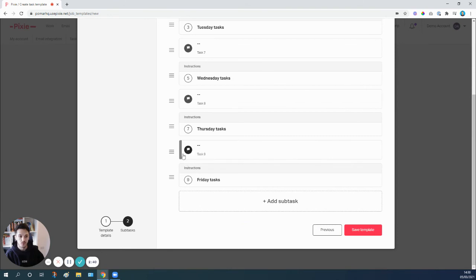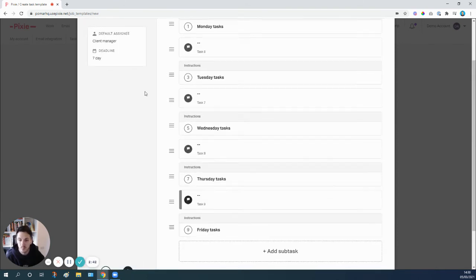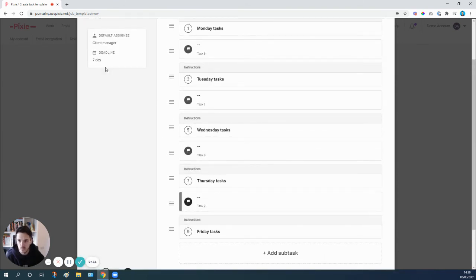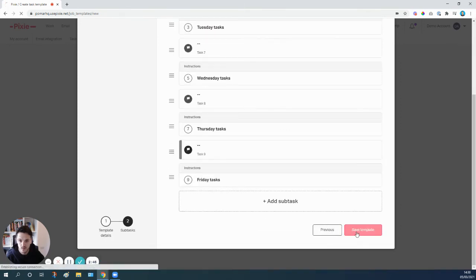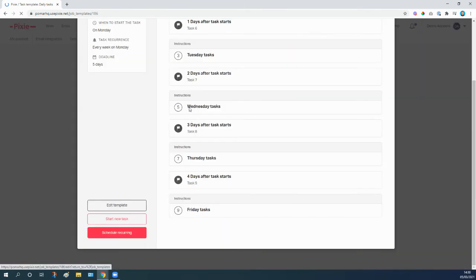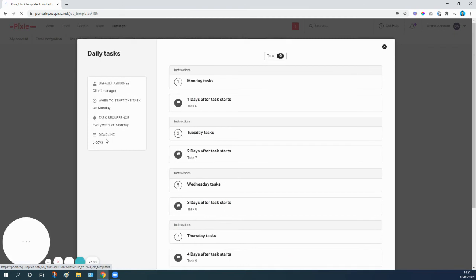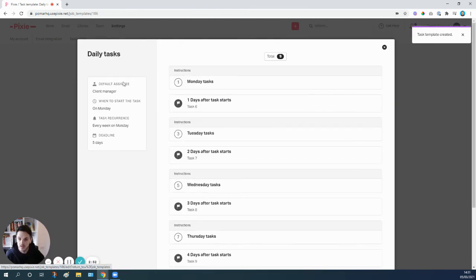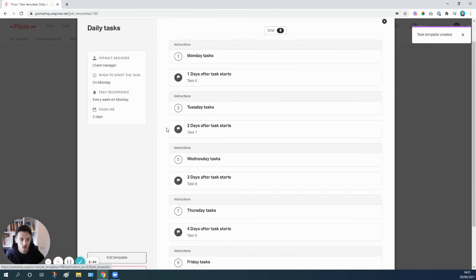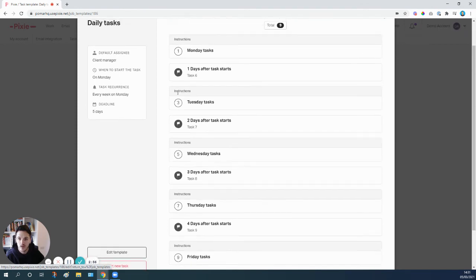And then we don't need to do one for the Friday because remember we set 5 days, although it says 7 days here, we set it to 5 days. So if I click save, you can see 5 days here. So what that means is that the Friday deadline is the deadline of the overall workflow. So now that we've got this